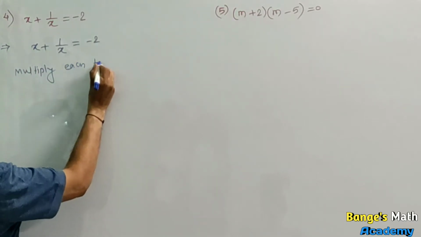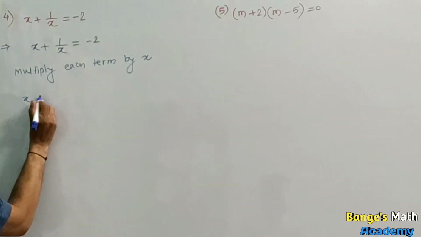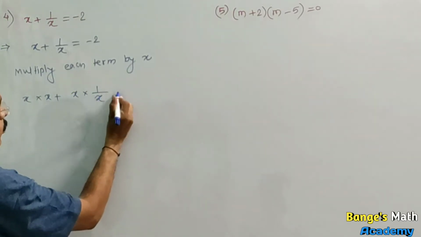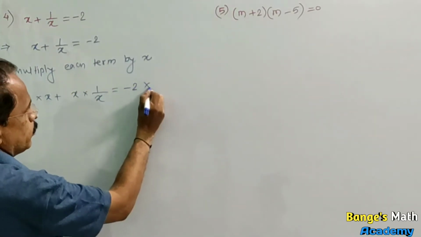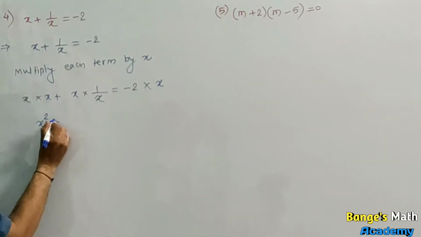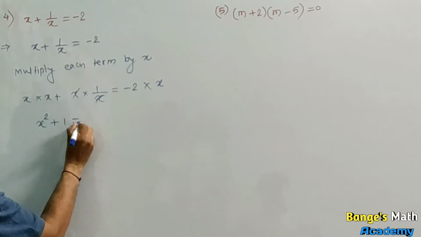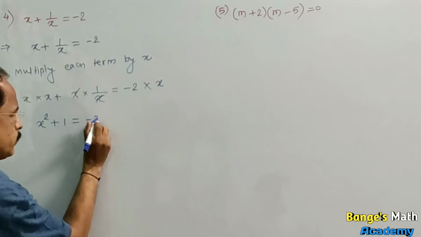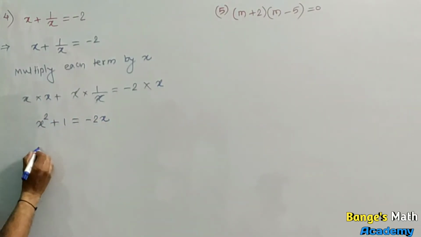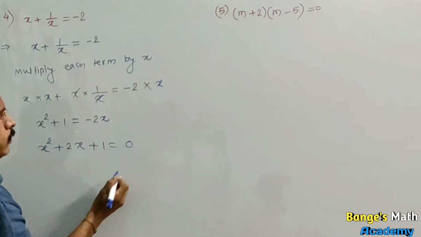Multiply each term by x. Then x into x plus x into 1 upon x is equal to minus 2 into x. X into x is x square, plus x gets cancelled, here remains 1, is equal to minus 2x. Then transfer minus 2x to LHS, it becomes plus 2x: x square plus 2x plus 1 is equal to